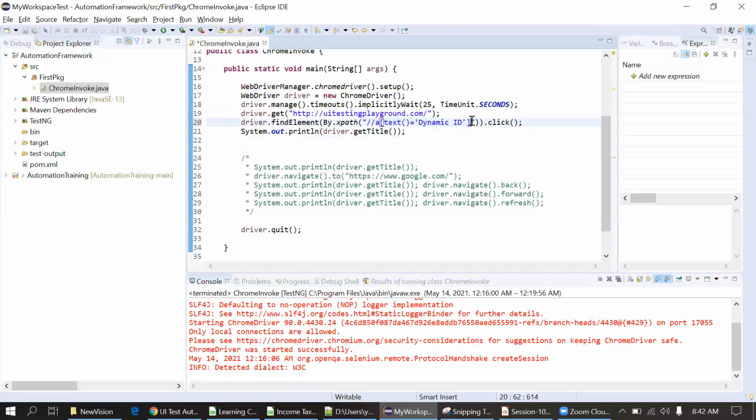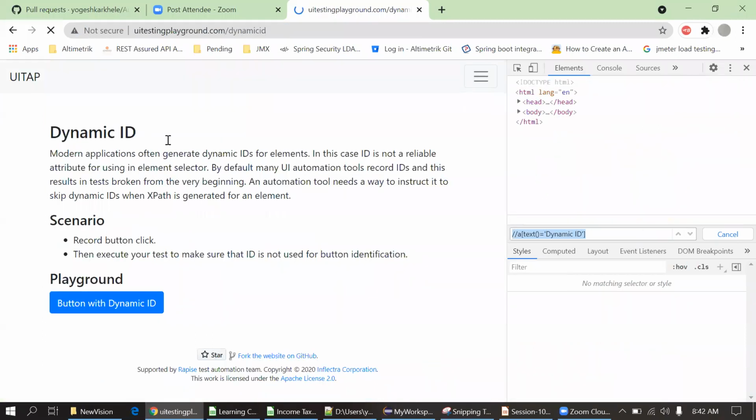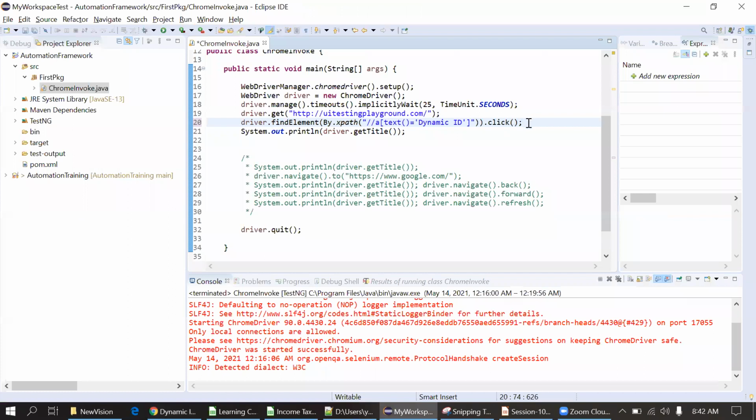Okay. So I have used driver.findElement by XPath, and this ID it will click, and it will simply navigate to this dynamic ID page. Now I'll put driver.getTitle() as well.